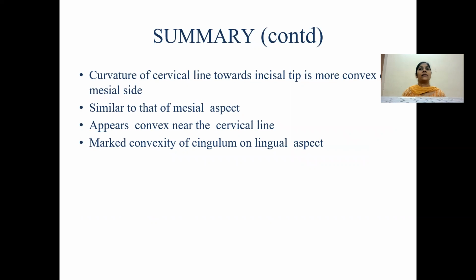Curvature of the cervical line towards the incisal tip is more convex on the mesial side, similar to that of the mesial aspect. It appears convex near the cervical line. The distal aspect is similar to that of the mesial aspect, and it appears convex near the cervical line, and there is a convexity of the cingulum on the lingual aspect. So these are the features which you need